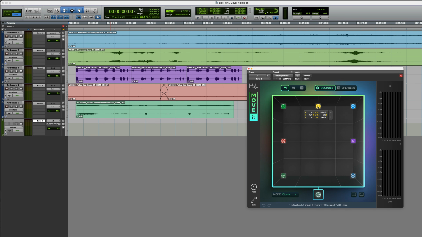could individually reposition each channel if I wanted to, like this, but in this case, I want to rotate the ambience as a whole, so I'll select all of these sources. This can be done either by shift-clicking each of them in turn, or, probably quicker, clicking and dragging around them, like this. Now, holding down Control, Option and Command on my keyboard, I can drag these and rotate the entire